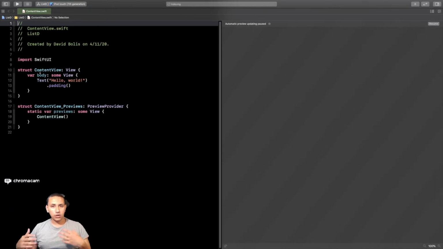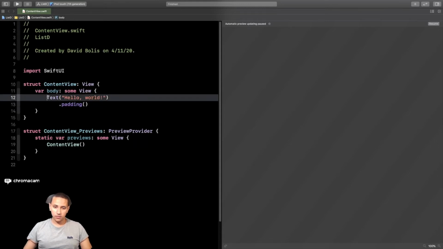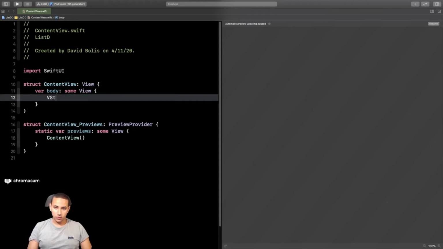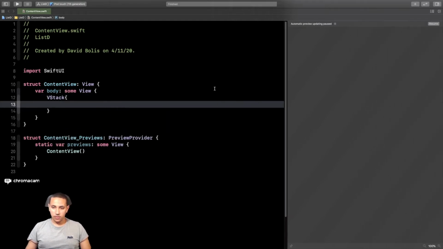Now for our app, we're going to have a text field, and then we are going to have the list underneath. So the first thing we're obviously going to be doing is removing the text from here and instead replacing it with a VStack. You can see that auto-completion is being a little bit slow on me. Anyway, we can start by first, and I will be using SwiftUI, so I will be able to add a